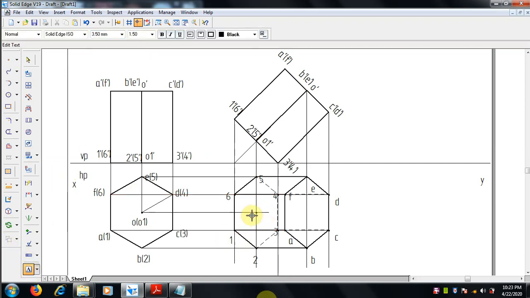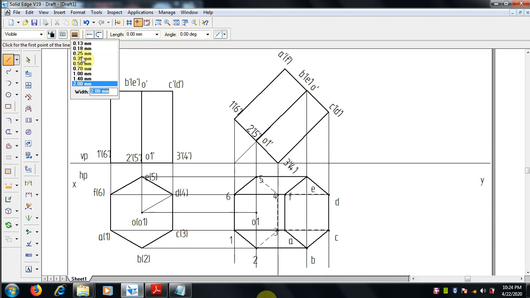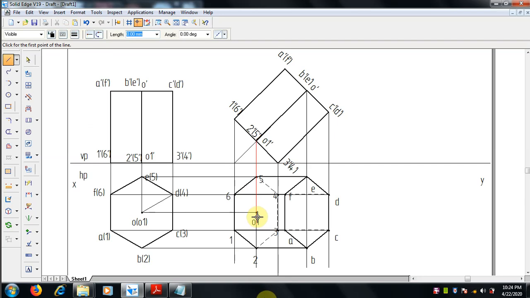As one symbol intersection comes, then we can finish it off. Mention axis O1, right? And here we can draw a line again with a center line. Select 0.5 mm thickness, go for center line O1 to where it gets intersects, that is O dash.